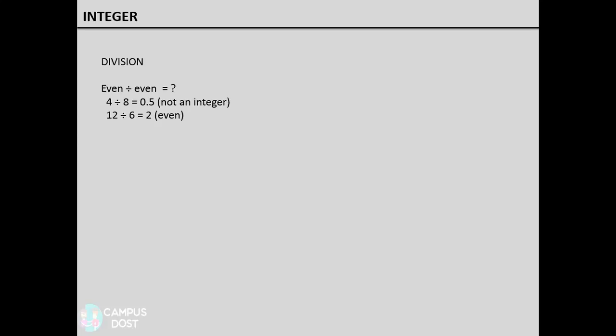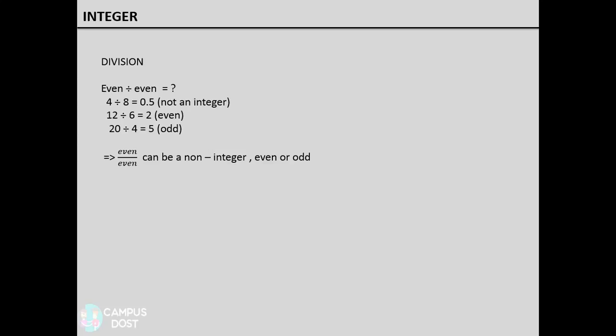However, when we divide 12 by 6, we get 2, which is an even integer. Now, when we divide 20 by 4, we get 5, which is an odd integer. So, it appears that when an even number is divided by an even number, the result can be a non-integer,